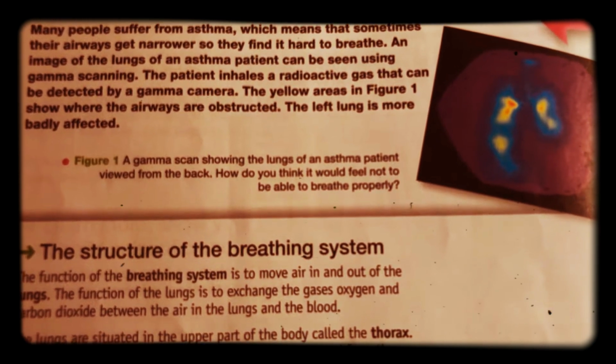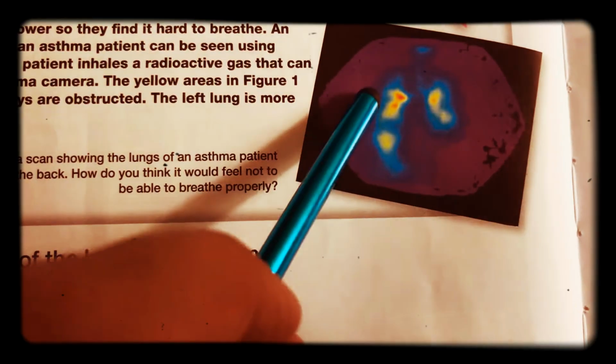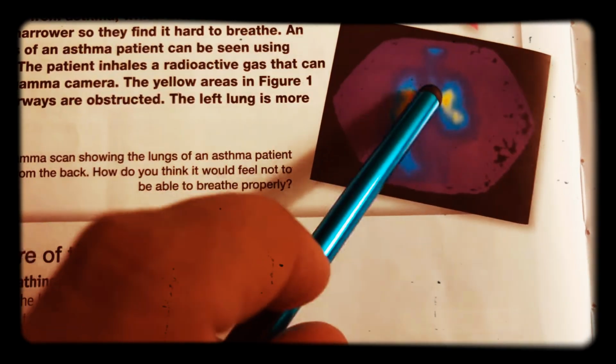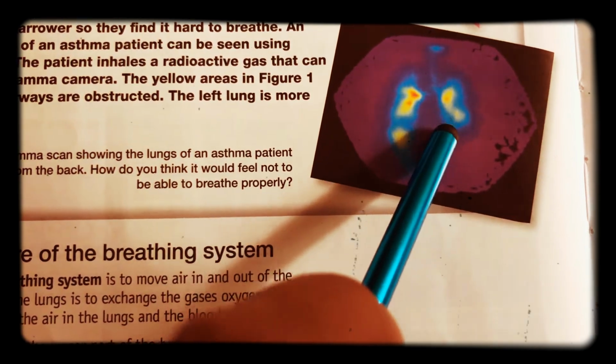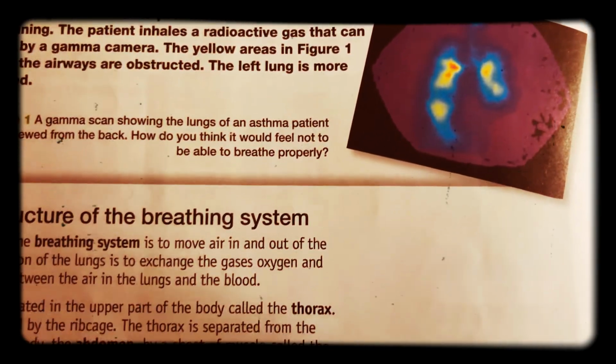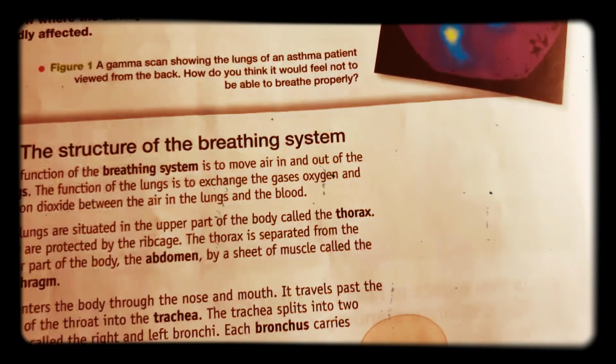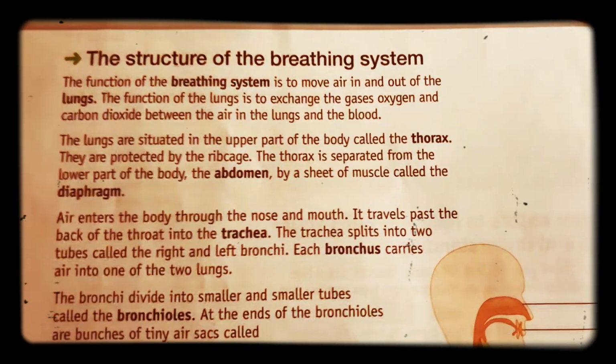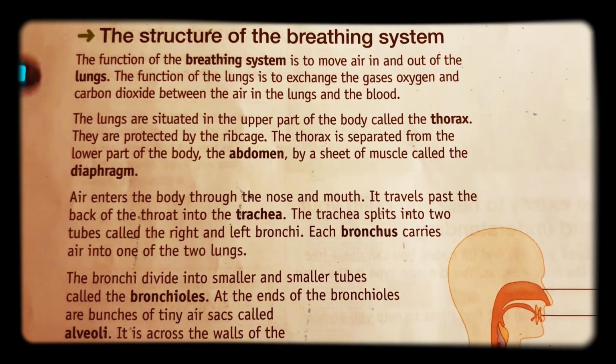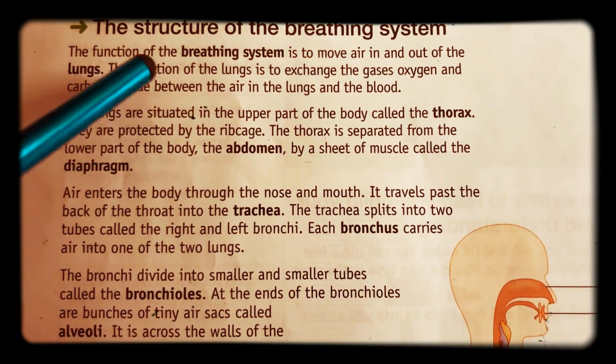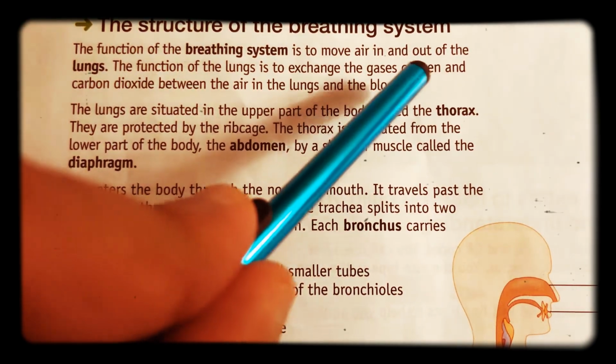a gamma camera. Okay, in the book, you can see that here's the left lung. This is the left lung of the actual patient, which is this one over here. You can see that that's particularly affected because the gas can't get through. So, the structure of the breathing system, very important. Make sure that you understand that the function of the breathing system is to move air in and out of